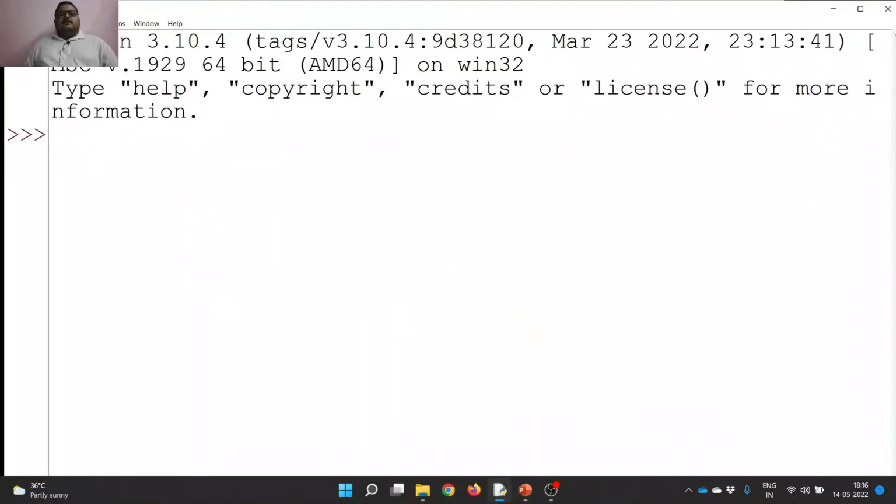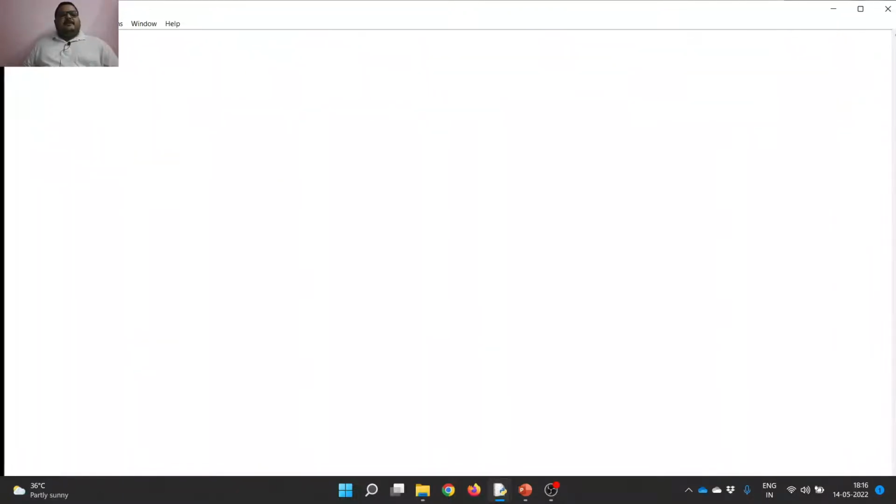So to write a program, we can't directly do it in the Python shell, so we have to open a file. For that, at the top left corner we have the File menu. Click on New File. Now it is going to open like this. I am going to take a variable x of integer type. To do that, we have to typecast int of input